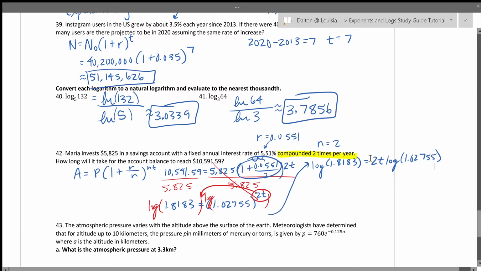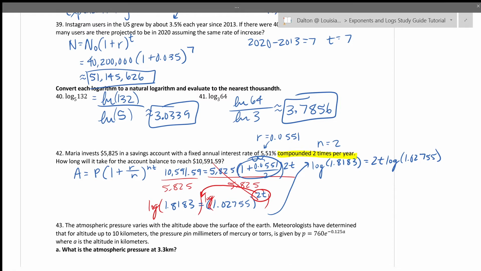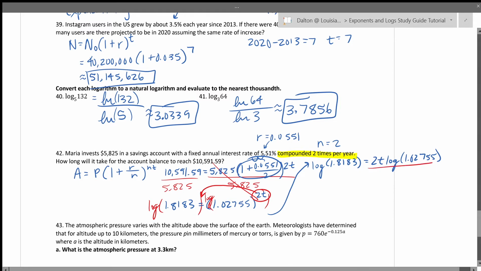And then to get t by itself, we're so close, it's being multiplied by this other stuff, particularly 2 times the log of